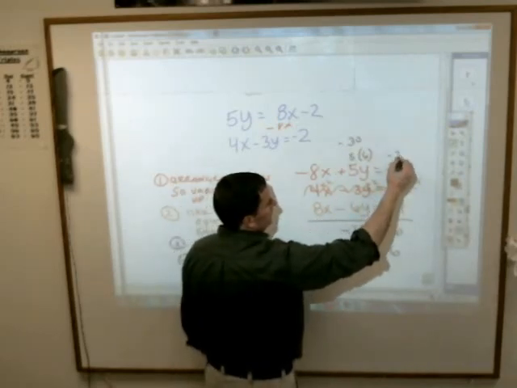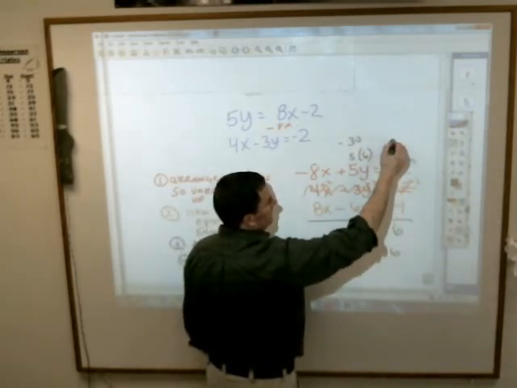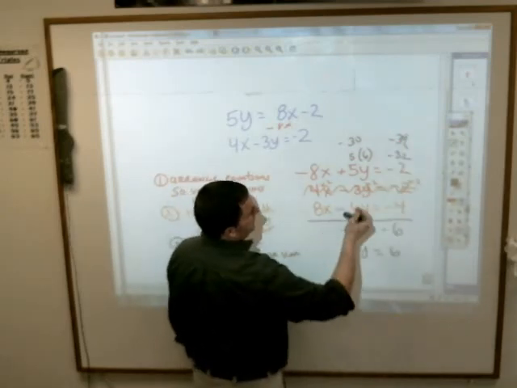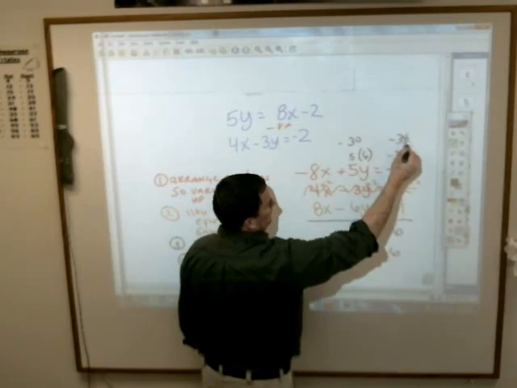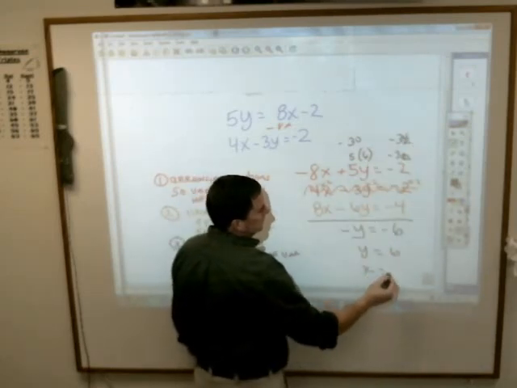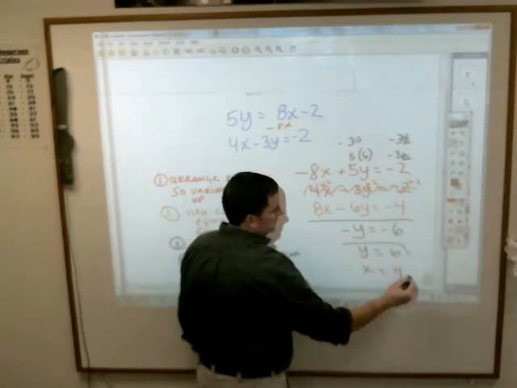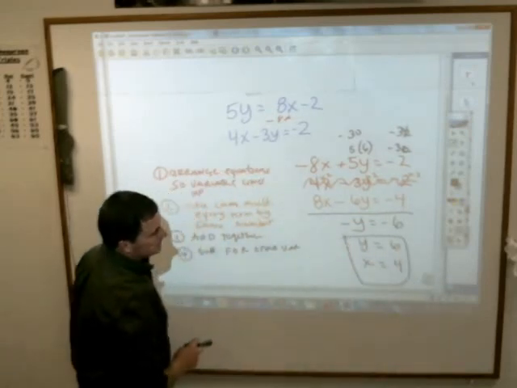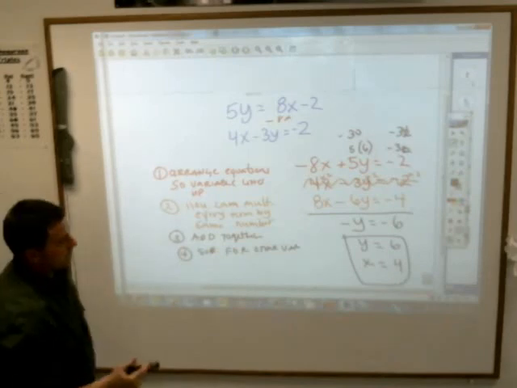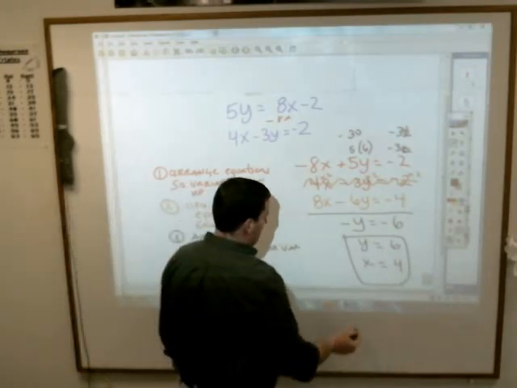Subtract 30 from negative 2, you get a negative 34. Wait, I'm sorry, this was 30, right? You get a negative 32. Negative 8x equals negative 32, so x equals positive 4. What do you think? You're going to say